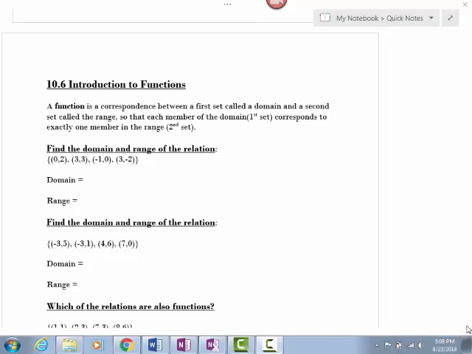Section 10.6 is an introduction to functions. So the first thing we're going to talk about is what does a function actually mean? Okay, let's look at the definition here of a function. And it says that a function